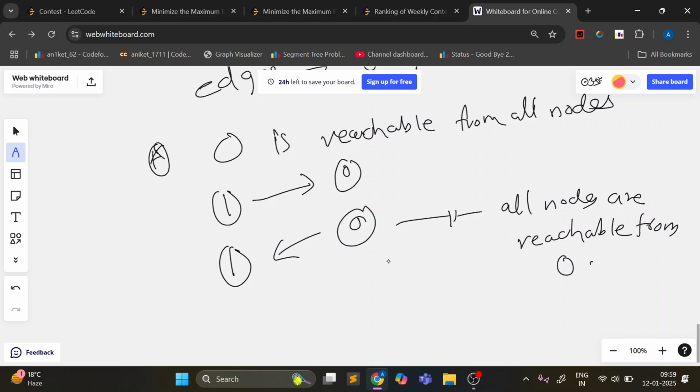So here the starting was as any other node, but here there would be a single start, which is 0 itself. So this is a better way to check this condition, that is 0 is reachable from all nodes. So what we do is,